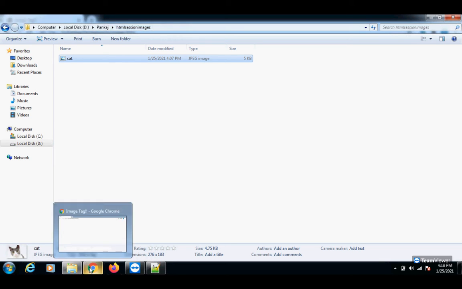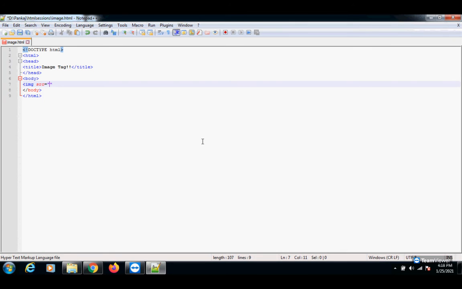So we have to come out from the HTML session folder, and in Pankaj HTML session images we have the cat image. So in src we have to just put the URL for the image. This is my image URL.